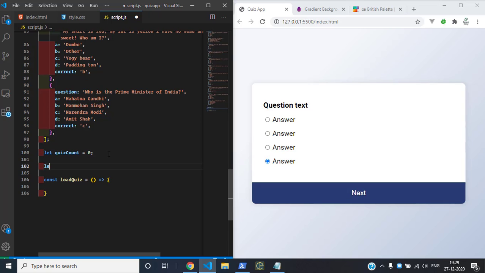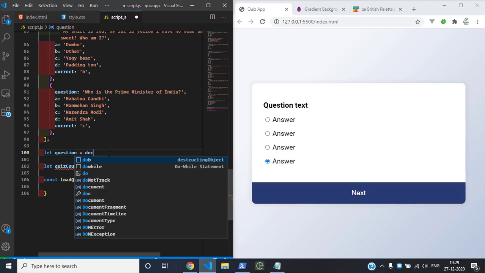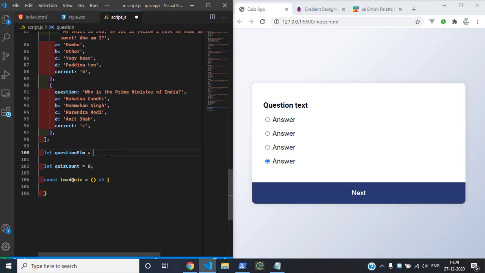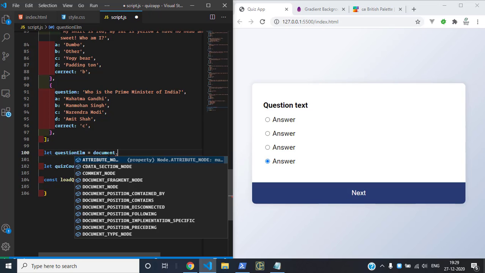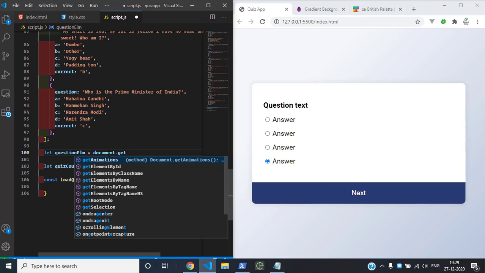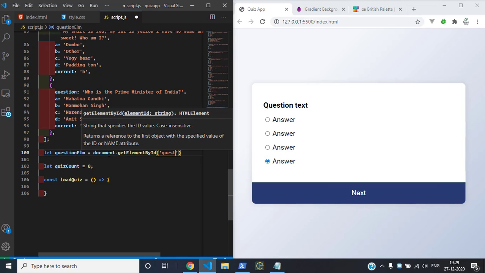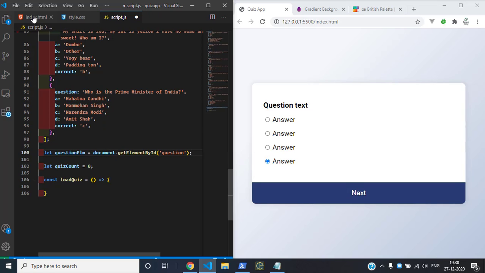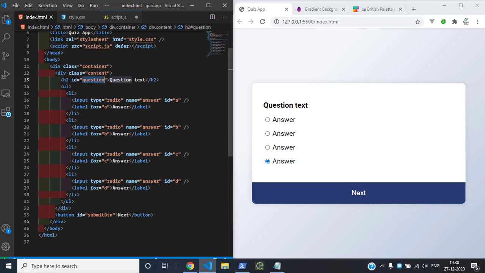So for this we need to add some elements. So let question element document dot get element by id question. So let's see from index.html. As you can see, we have the h2 element, and we can copy this thing